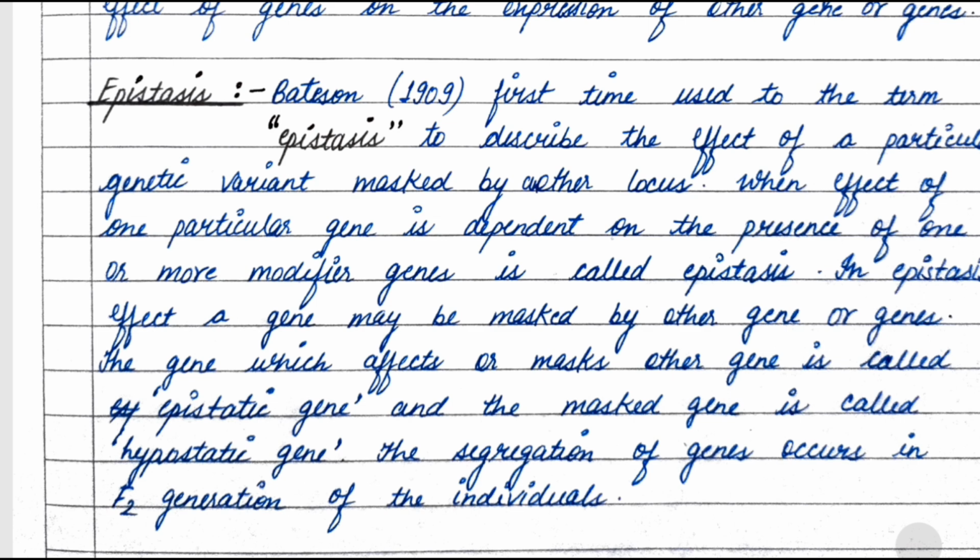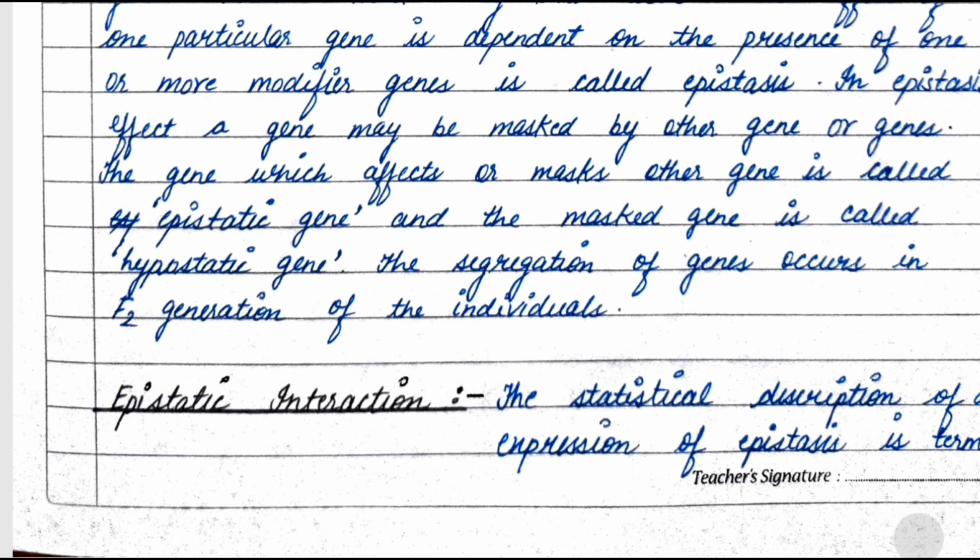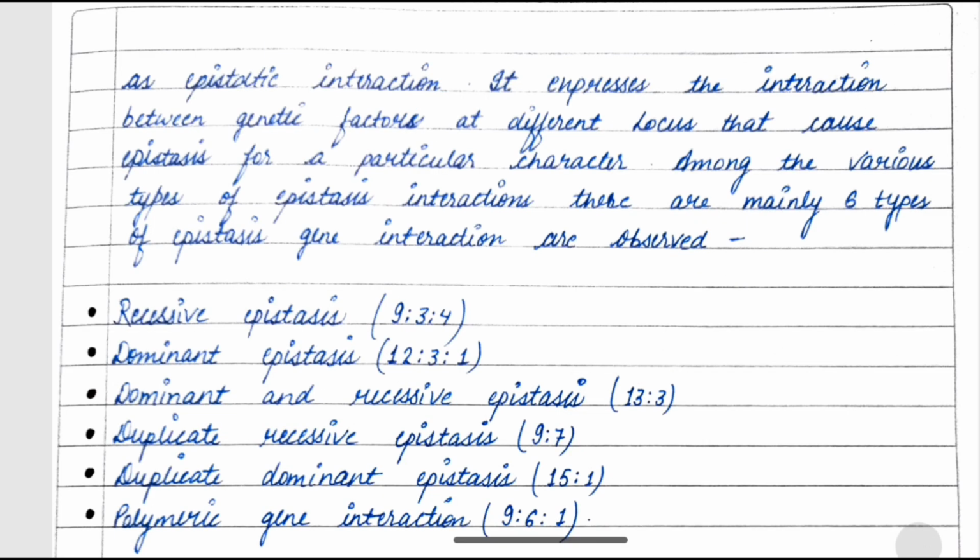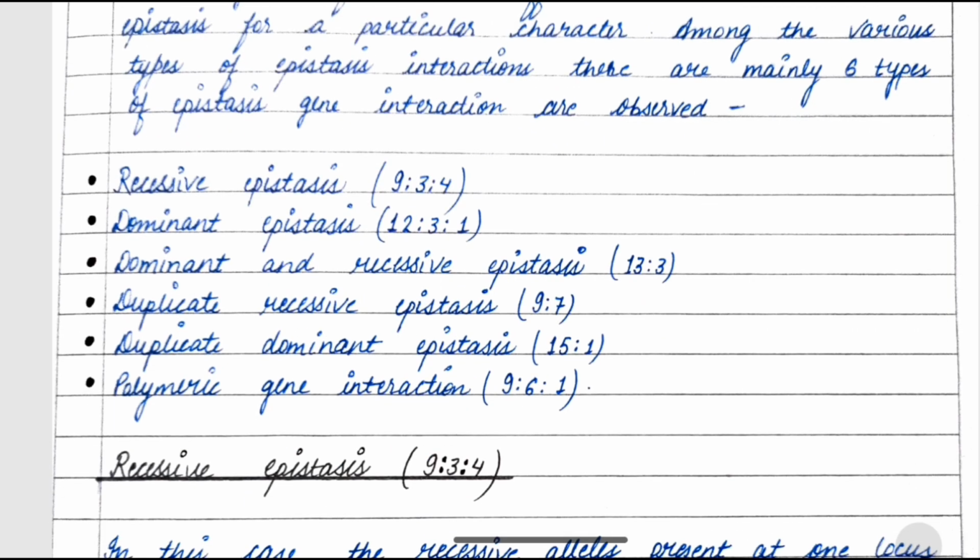The segregation of genes occurs in F2 generation of the individuals. Epistatic interaction: the statistical description of an expression of epistasis is termed interaction. It expresses the interaction between genetic factors at different locus that cause epistasis for a particular character. Among the various types of epistatic interactions, there are mainly 6 types of epistatic gene interaction observed. These are